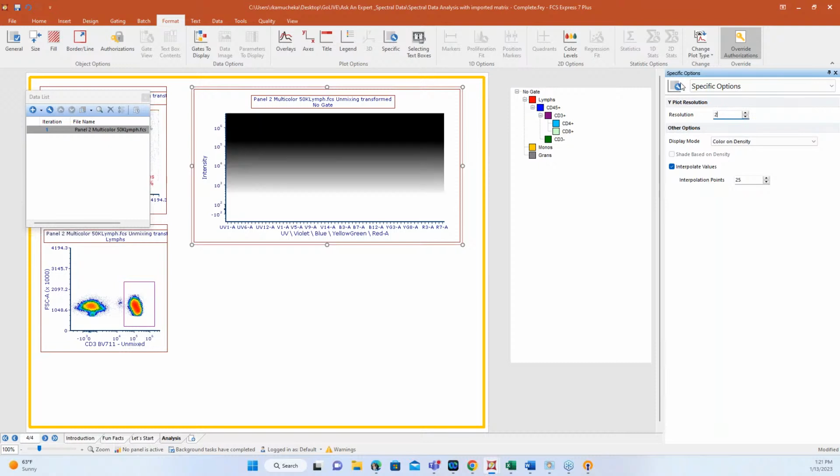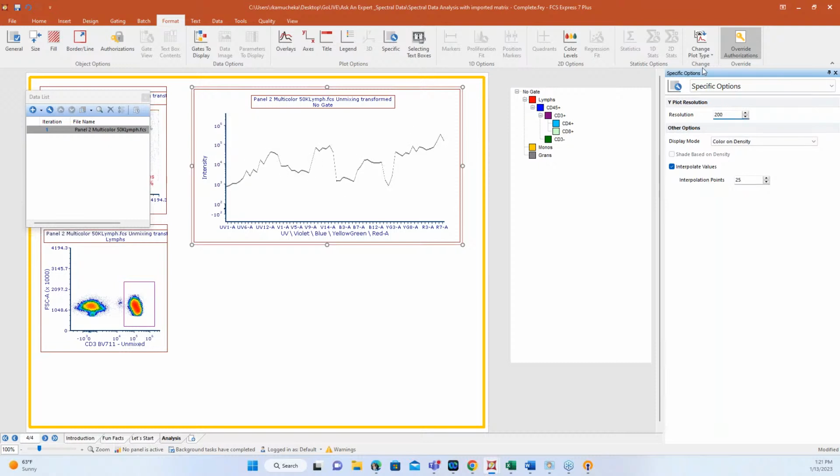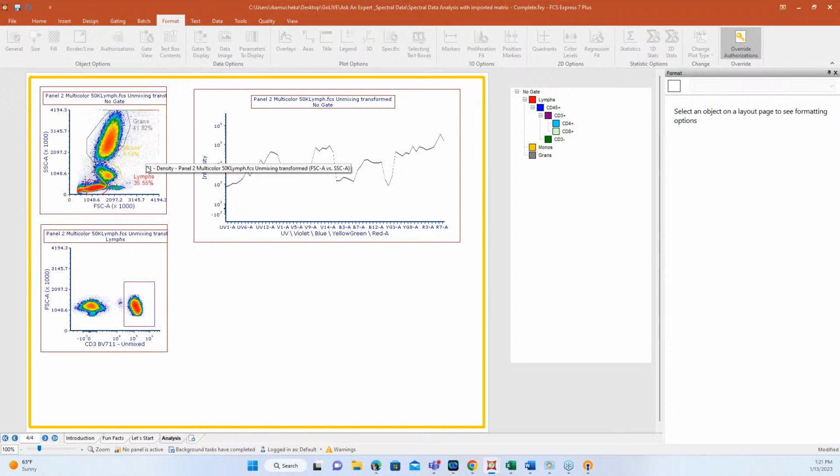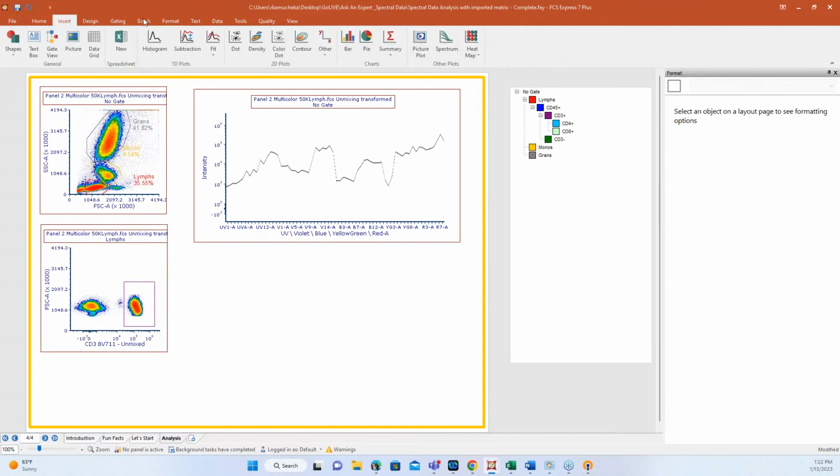And then you can also change this resolution here. So if you wanted to make it more crisp, more clean, you do have the space and opportunity to do that. It's really about figuring out what is going to work best for your data set and what is the best way to display things. We can do nice things like overlays, and also some of the more traditional uses with our data set. You can insert some of our greater tools, or some tools that I really like when you're looking at a bunch of parameters, like heat maps.